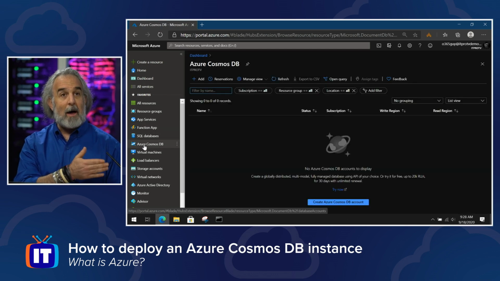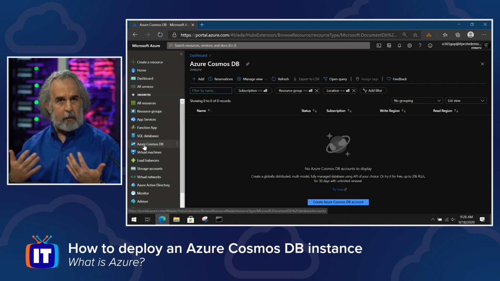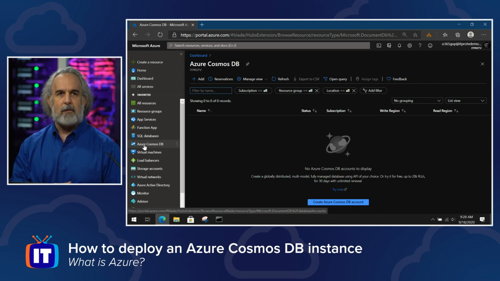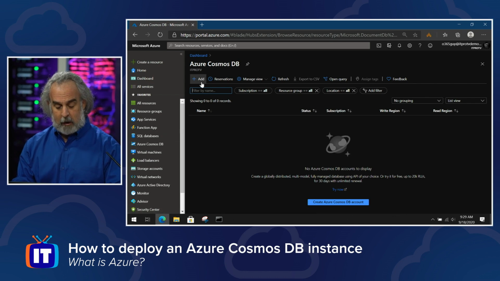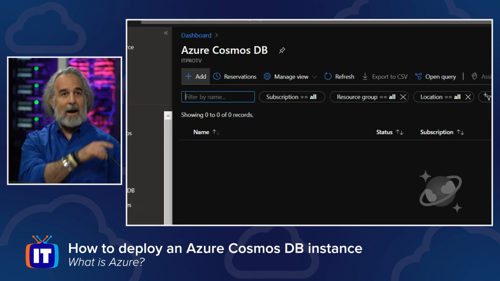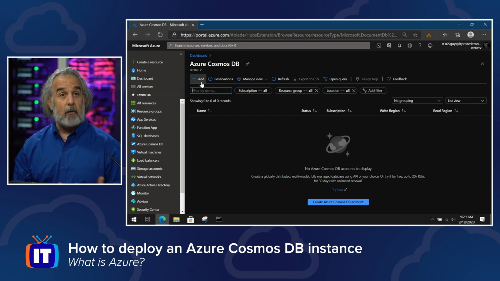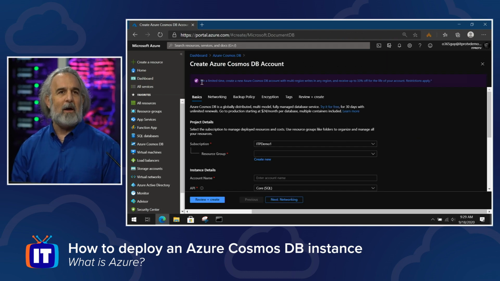We're going to bring up the Azure Cosmos DB area where we would see any and all of the active instances. Notice there's nothing there right now, but what we're going to do is come over here. We're going to choose our add option, and we're going to begin to use the wizard in order to create this instance. So we'll click there. We'll give it just a second. We're going to have several different things we have to provide information for. Think of them as questions you have to answer on several tabs. We're not going to walk through all of them.